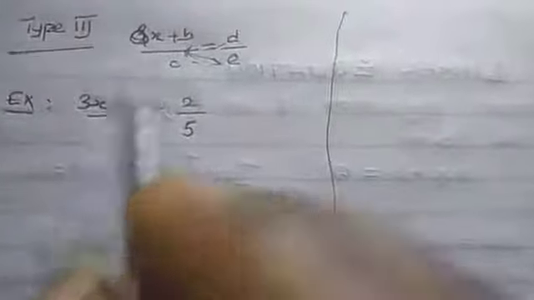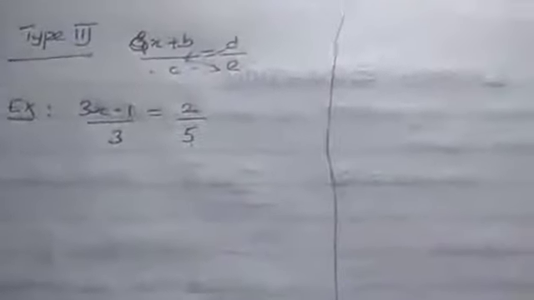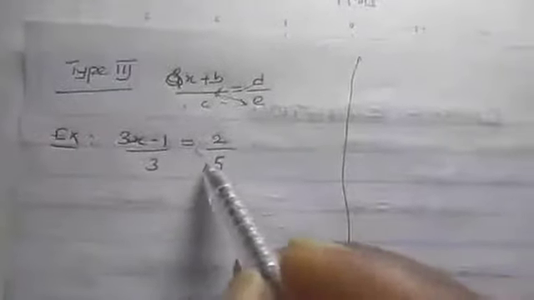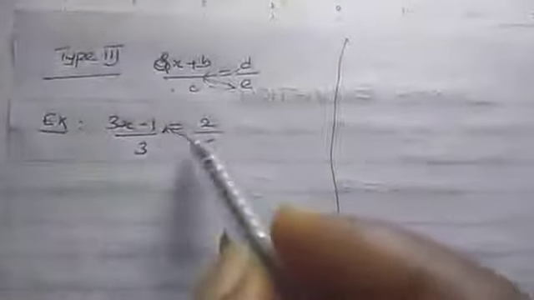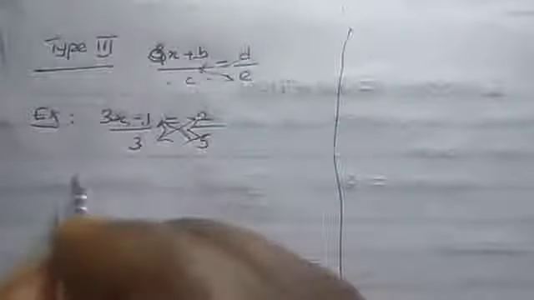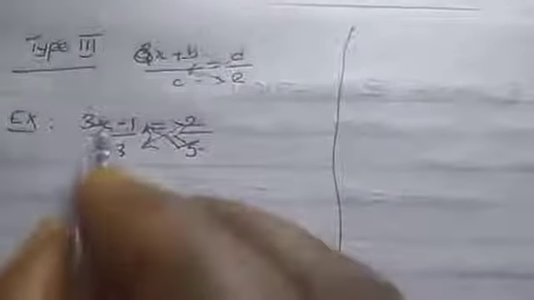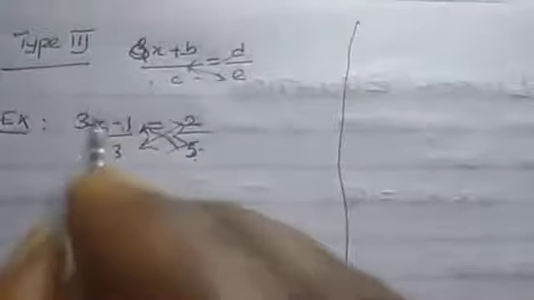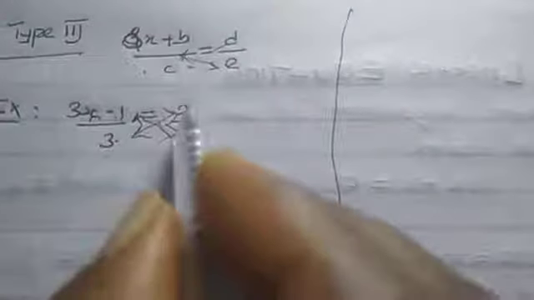Another type, when we have division in a linear equation, what you do is you cross multiply. This comes to this and this comes to this. So let's take an example. We have an example here, 3x minus 1 over 3 equal to 2 over 5. So anytime you're having division in a linear equation, or in any equation, what you do is you cross multiply this. So this will come and meet this. So that here, when it's meeting this, it will become multiplication. That is 5 times whatever is here and 3 times whatever is here.